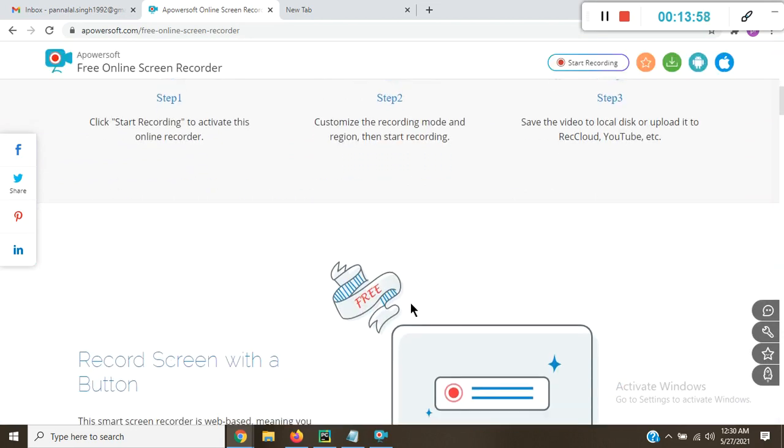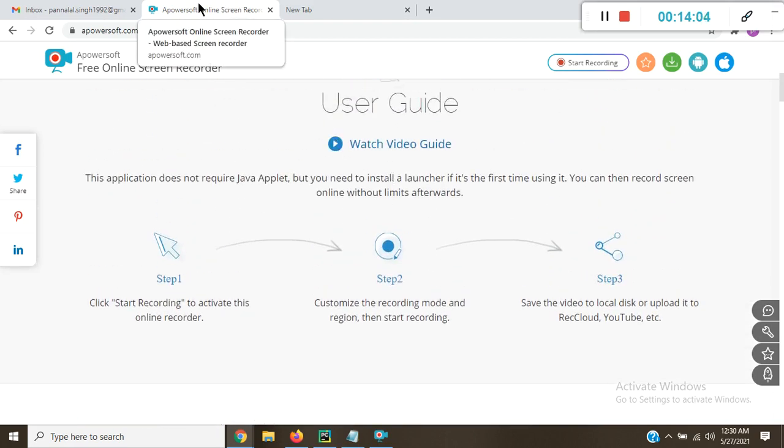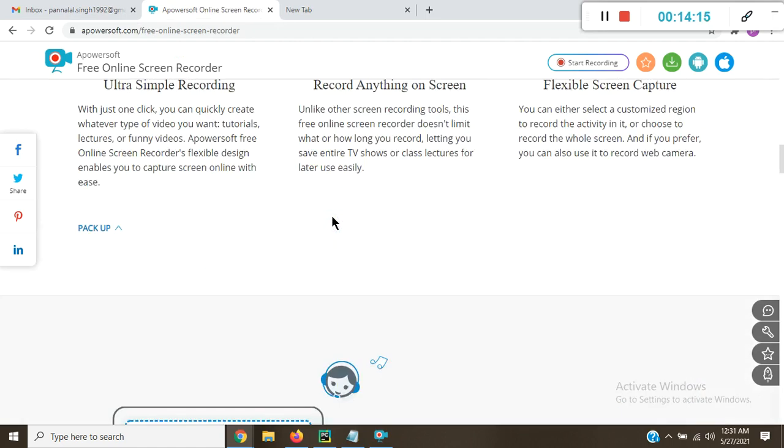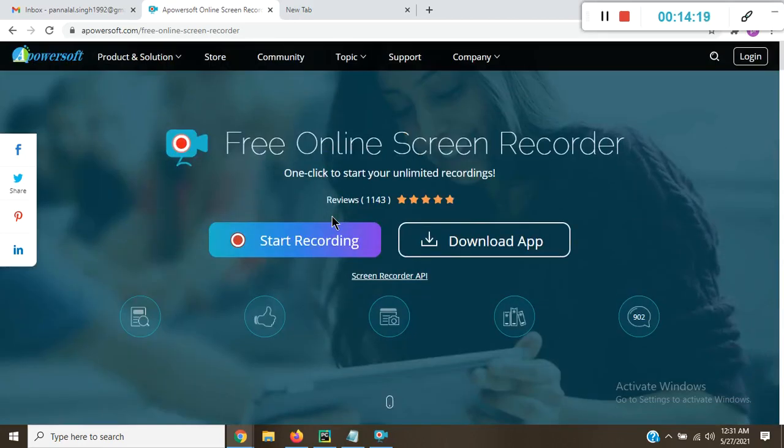Anything you can see here, all of this is the body of this page, and this is the head. You can see here, this is the head, a power online screen recorder, web-based screen recorder. This is the head and this is the body. So these are the two major parts of HTML.